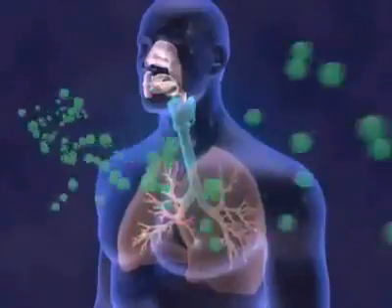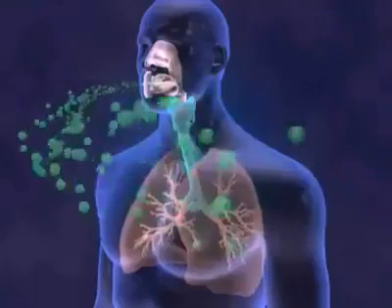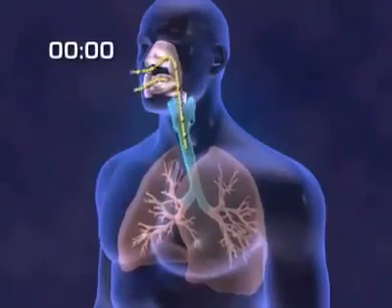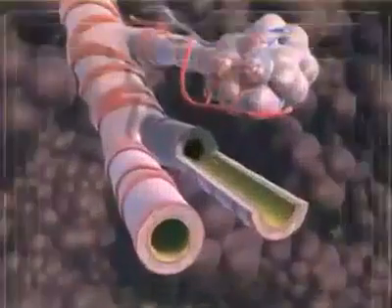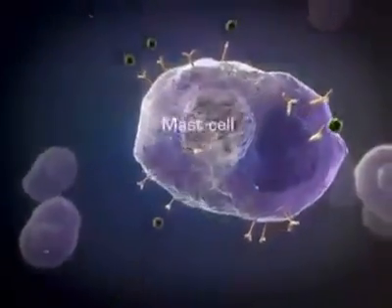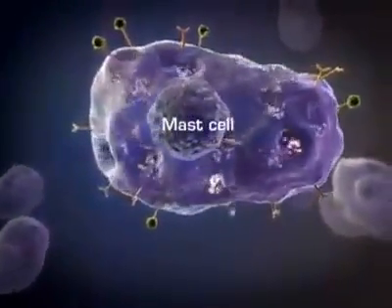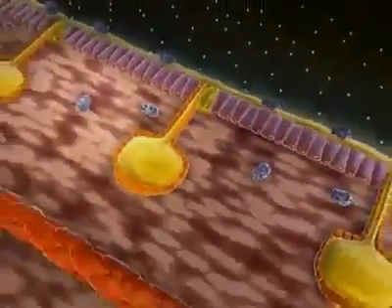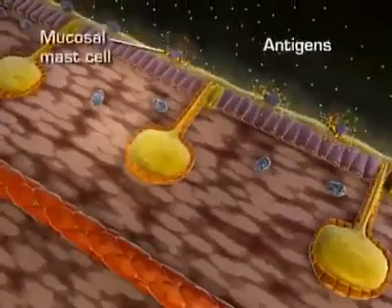The early phase, or acute response, of asthma occurs within 10 to 20 minutes of exposure to a trigger. Mast cells, which in people with asthma are in a presensitized state, react to antigens and release histamine, leukotrienes, interleukins, and prostaglandins. With airborne antigens, the antigen binds to the mast cells on the mucosal surface of the airway.